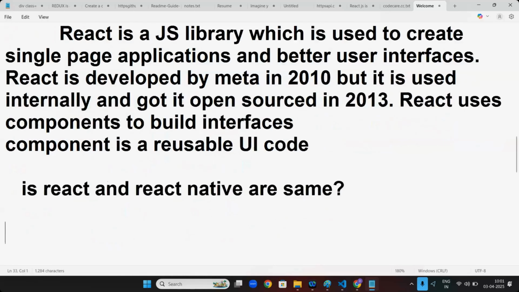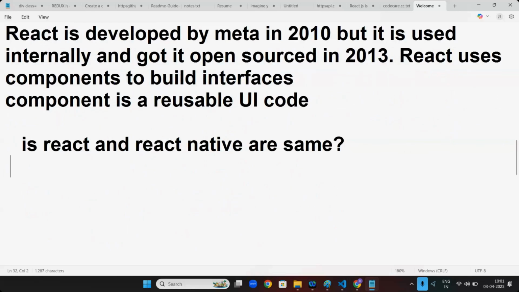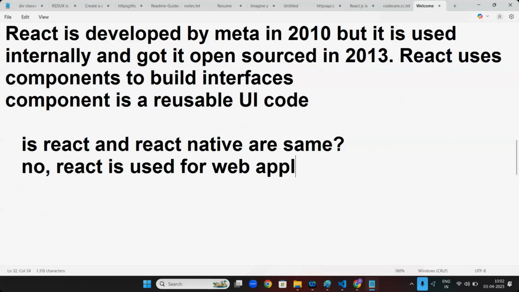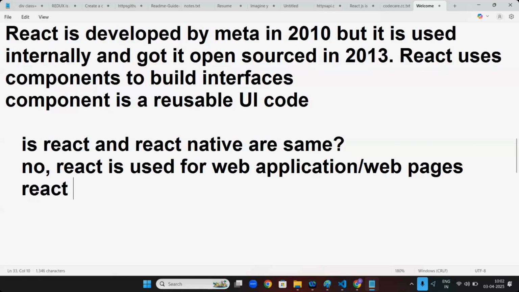No. React is used for web applications, websites, web pages. React Native is used for mobile applications.